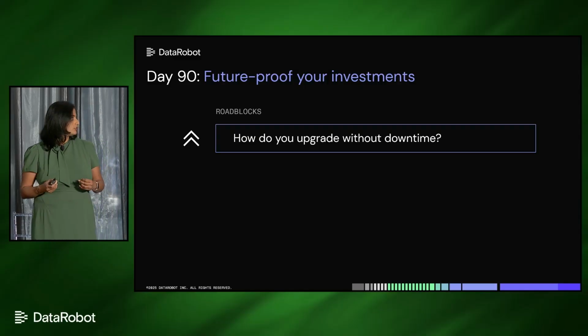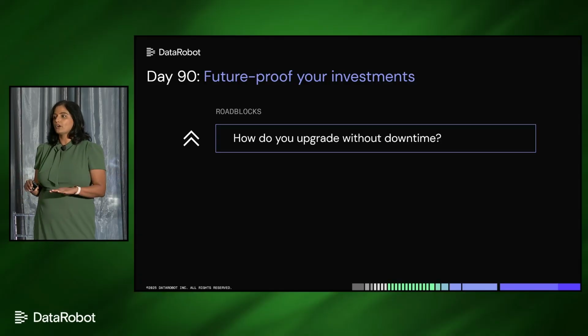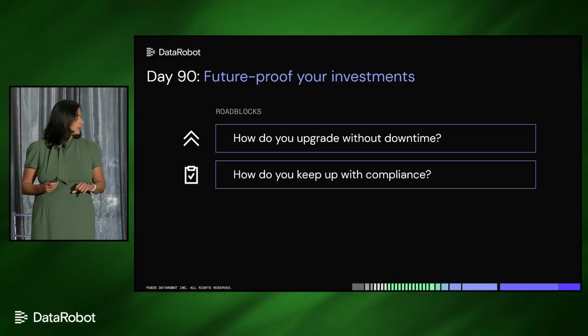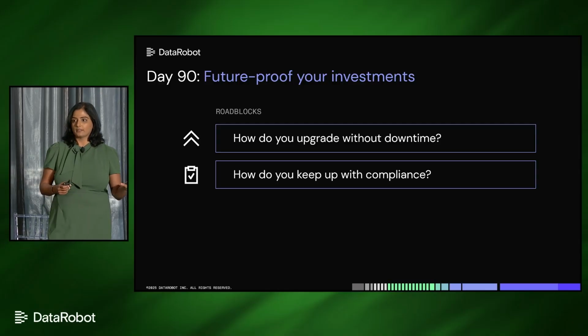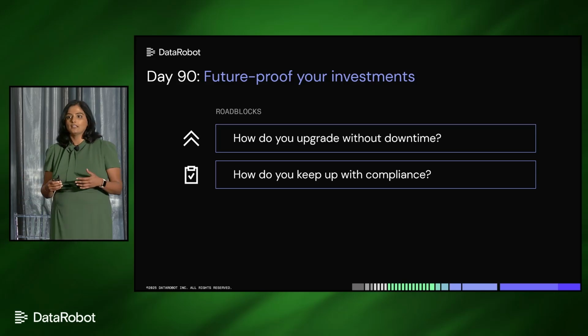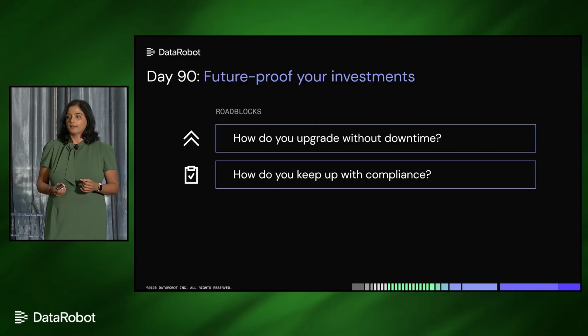So how do you ensure that you can upgrade your agents that are now running in your production environments, delivering on critical tasks without causing any production outages? The second thing you should be thinking about is how do you keep up with compliance? So it's not just about your tech upgrades. How do you keep up with evolving regulatory compliance, evolving corporate policies? Because your agents will not be just operating in a single jurisdiction. You would want your agents deployed across your global infrastructure, across your global enterprise.